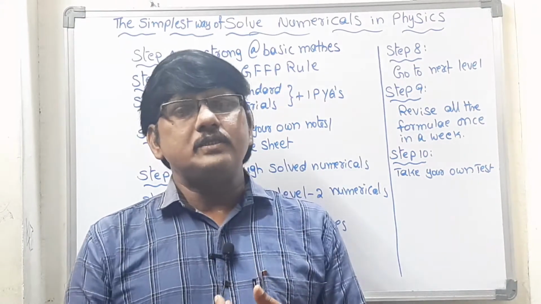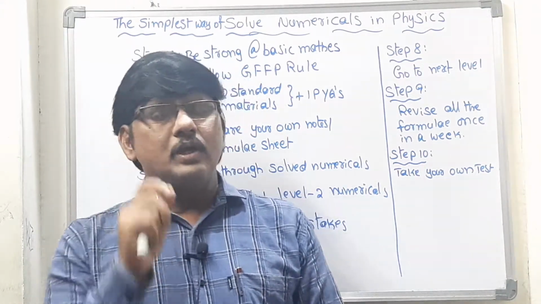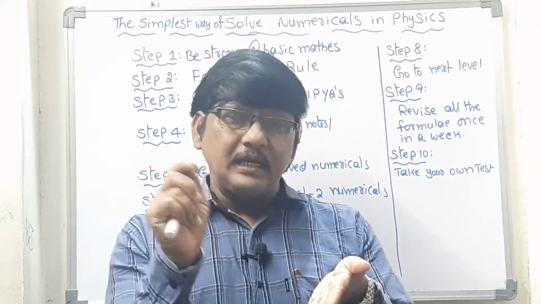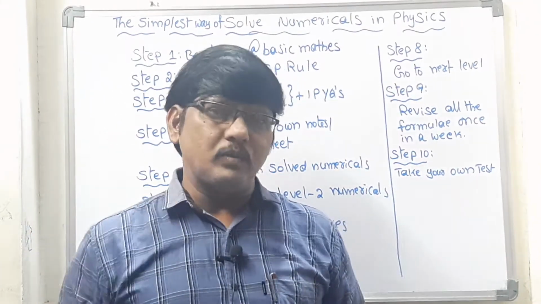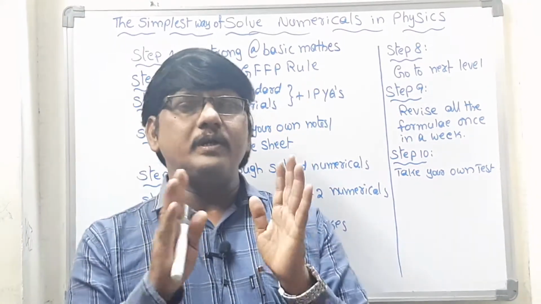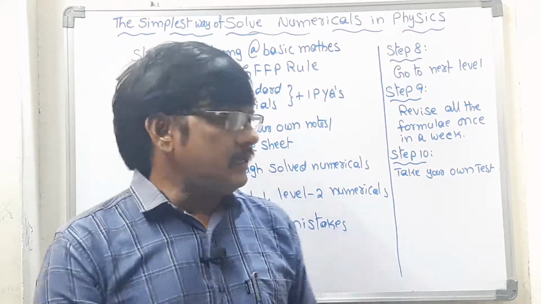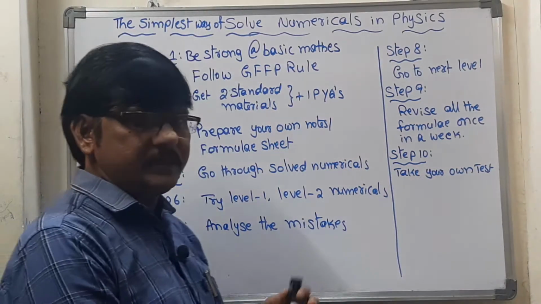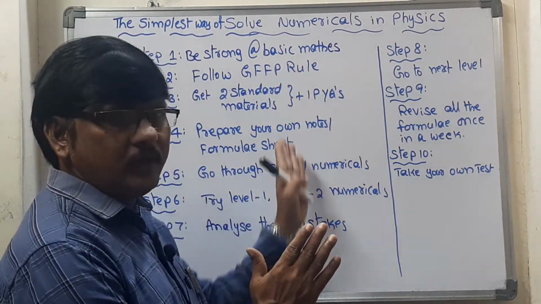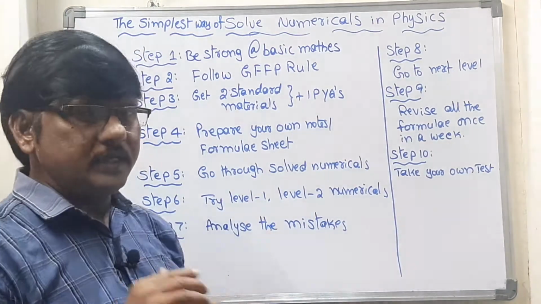And the next one is, you should write the formulas on one paper, and use color pens to highlight all those formulas, and afterwards paste that paper in front of your study chair. For example, when I am sitting here, the study chair is there, in front of me a wall is there. At the wall I should paste that one. Okay, so that is the next one.